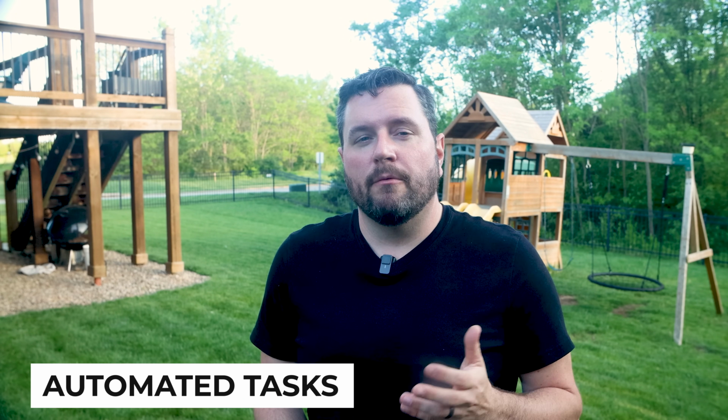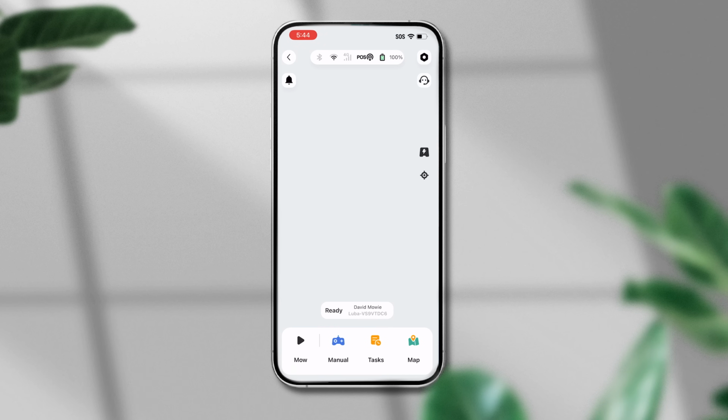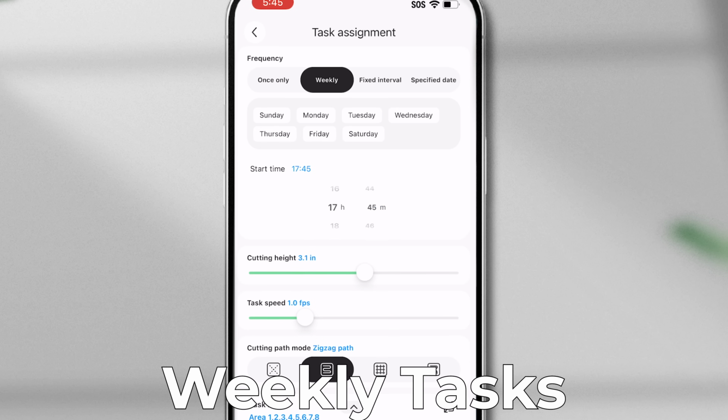Now, you've already seen how the app allows you to drive the robot around for manual mowing. Well, let's talk about the automated mowing tasks, which is where the app and the robot truly do shine. So tasks are the automated mowing jobs that can be incredibly flexible. You've got one-time tasks, which are perfect for your unexpected mowing needs, weekly tasks where you can specify what day